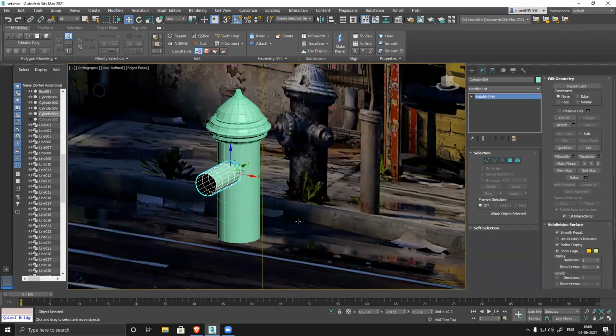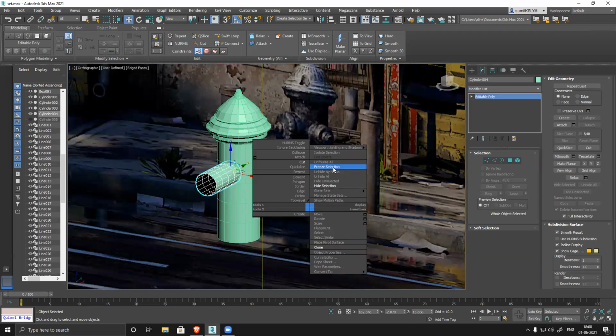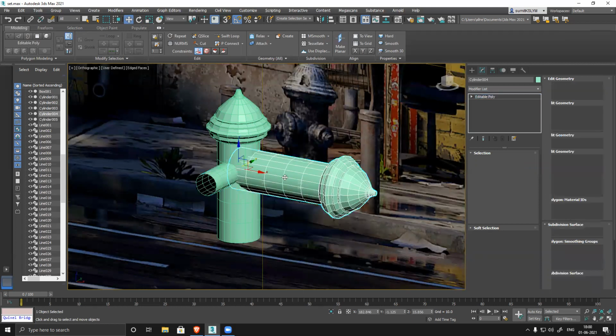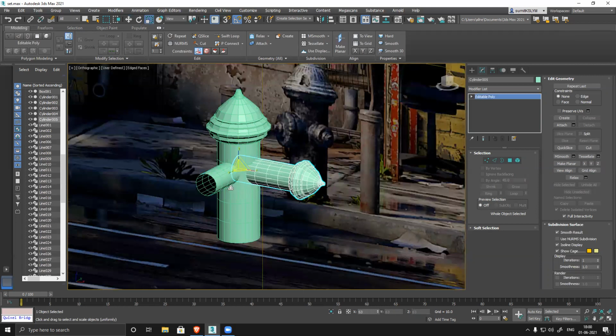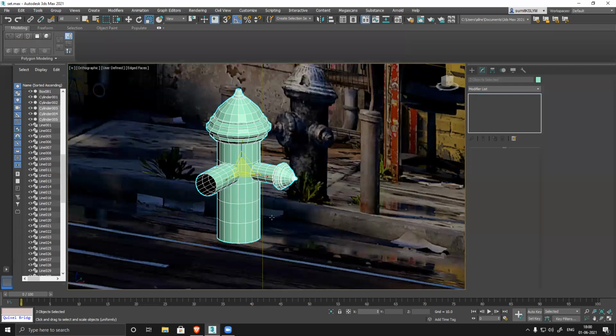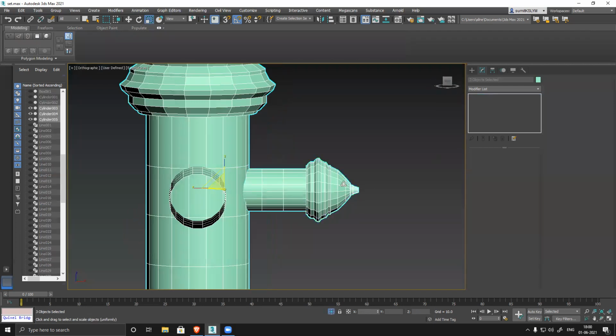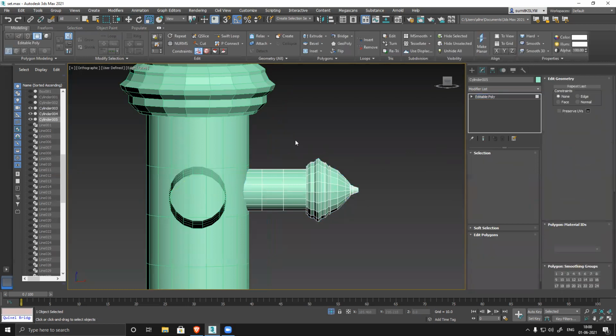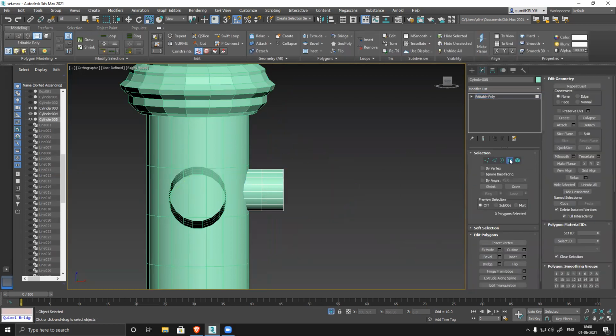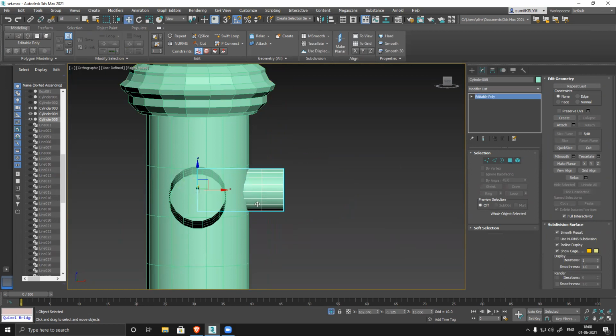Then there is the other one. Unhide all. A little smaller than this. Delete. Place it.